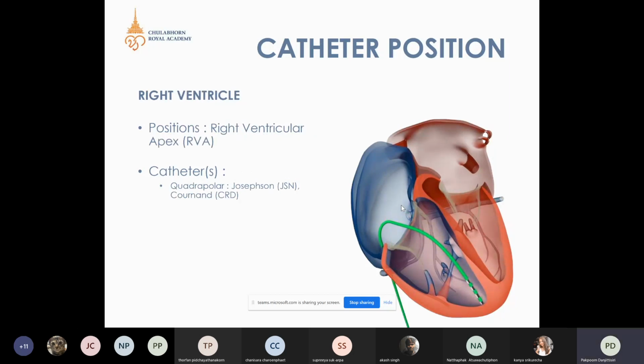For the diagnostic catheter in the right ventricle, we often place a quadripolar catheter with 5 millimeter or 10 millimeter spacing at the right ventricular apex, where is the beginning of the contraction